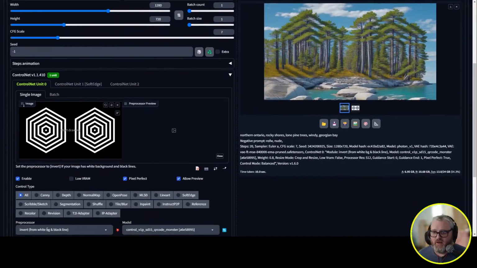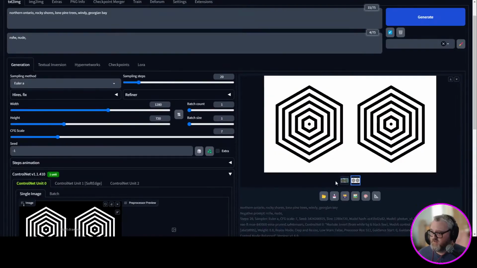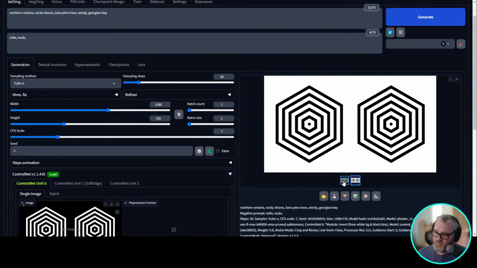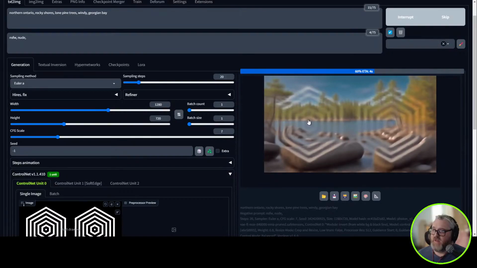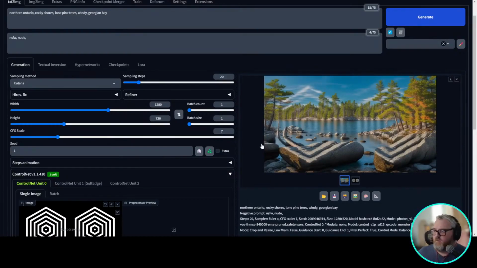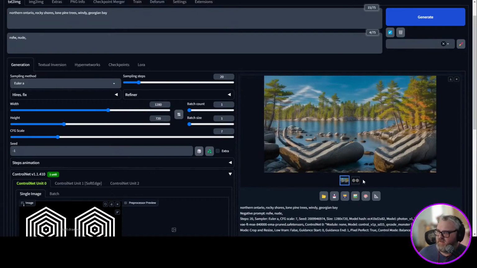In fact, let's find out what happens when we invert this. I'm curious, or when we uninvert this. Yeah, because you see it gave us white background with black text, but this time we're going to do a black text with a white background. Yeah, see, it cut it out of the image, whereas the other one drew the image into the space. So I think it's safe to say where it's white, it's cutting out, and where it's black, it's drawing. Oh, this looks really cool.